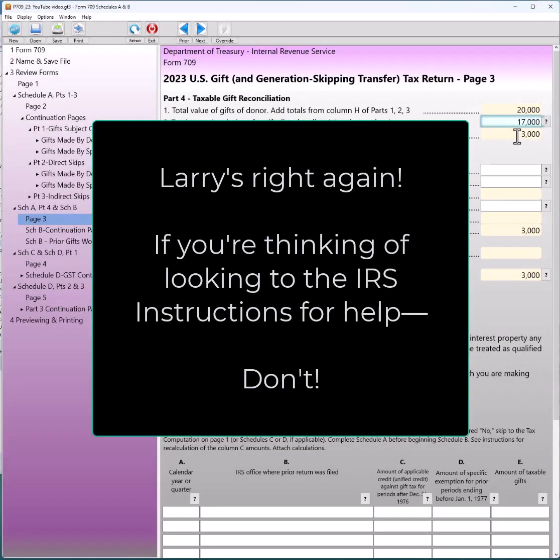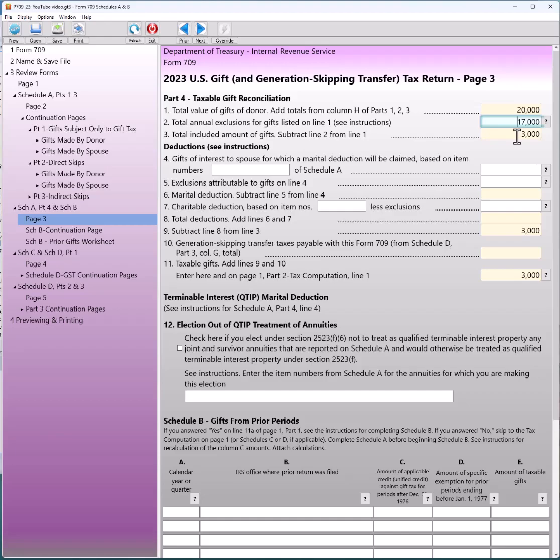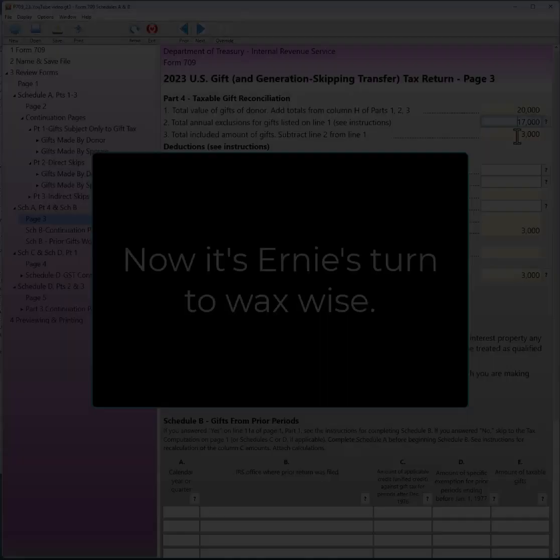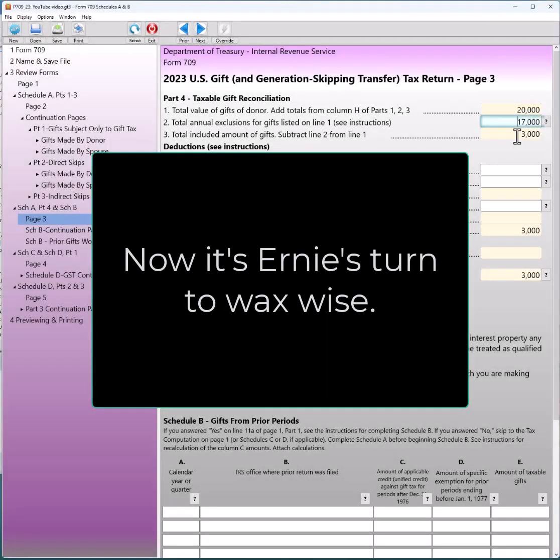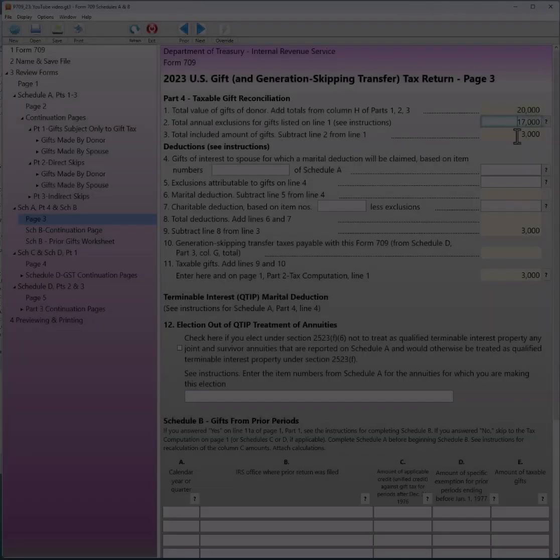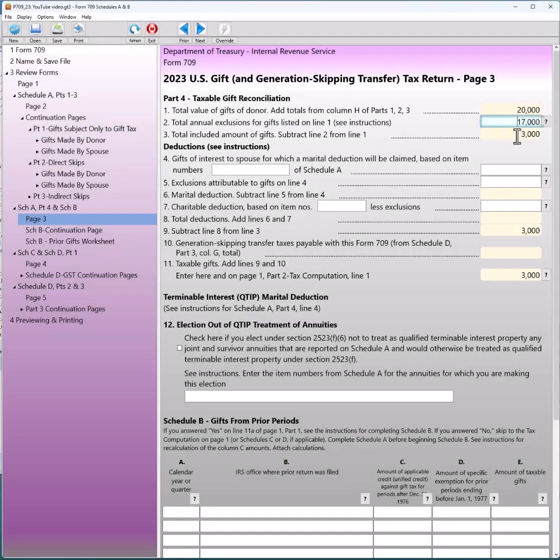Right. Well, you know, Larry, you nailed it there. You said, well, what do we do with the 3,000? And we do nothing. When someone gave me instructions, I always thought, isn't that the easiest instruction to follow? Hey, what do you want me to do? Don't do anything. I can do that, and I can do it well. But anyway, bottom line is, we went through the return, we went through B, C, D, and that's the end of it. Let's go back to page 1.